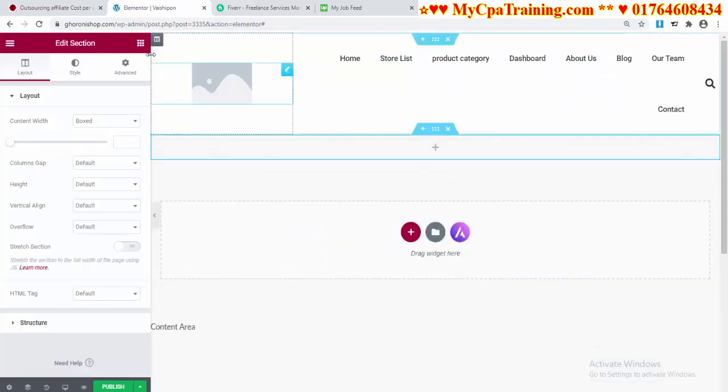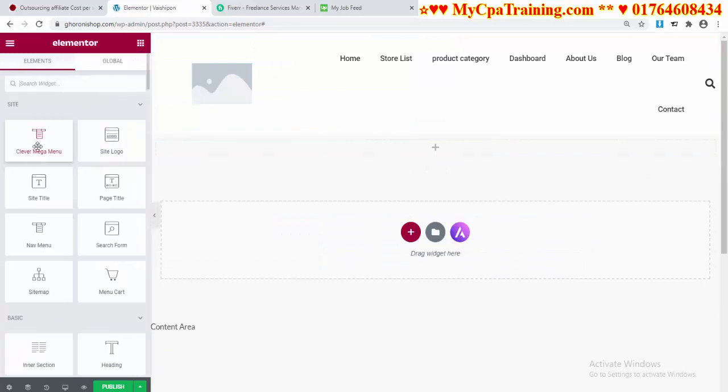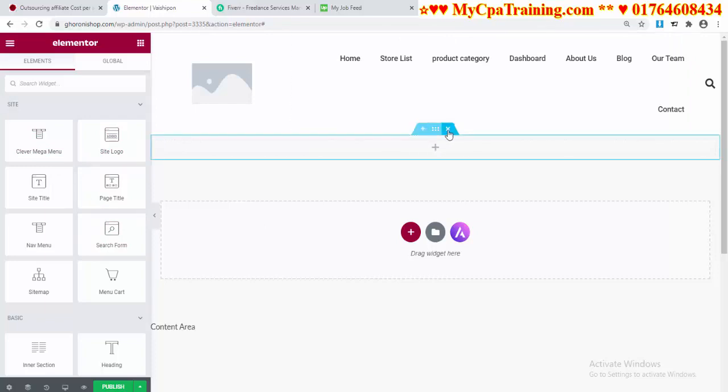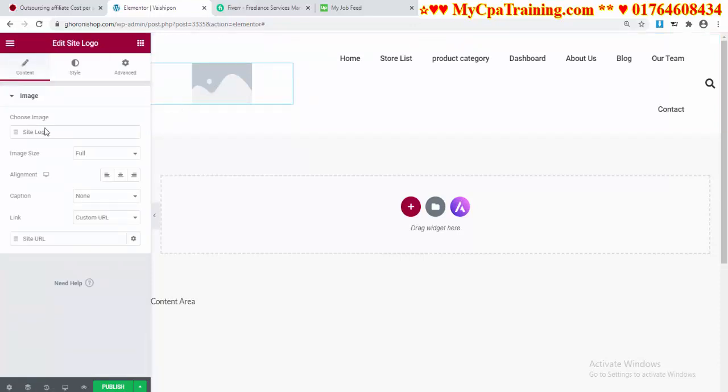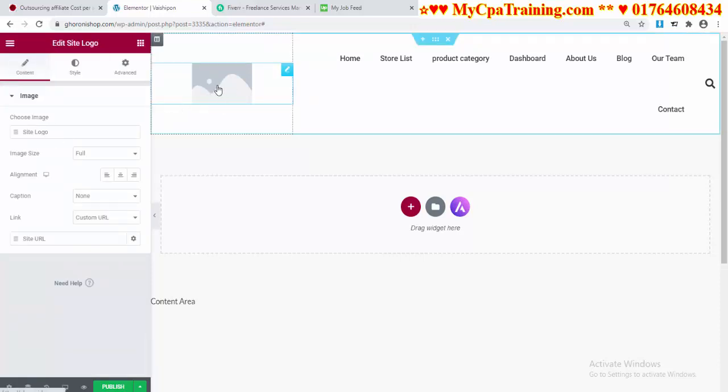You can even make a header yourself this way. Just take a row and you can use these elements to make a header yourself. Okay, I am not showing this type of job right now. I am showing how you can make an advanced mega menu easily. And here this one is the site logo, but sometimes the site logo will not work for a theme or plugins. Sometimes themes and plugins conflict with each other. We can fix it this way.